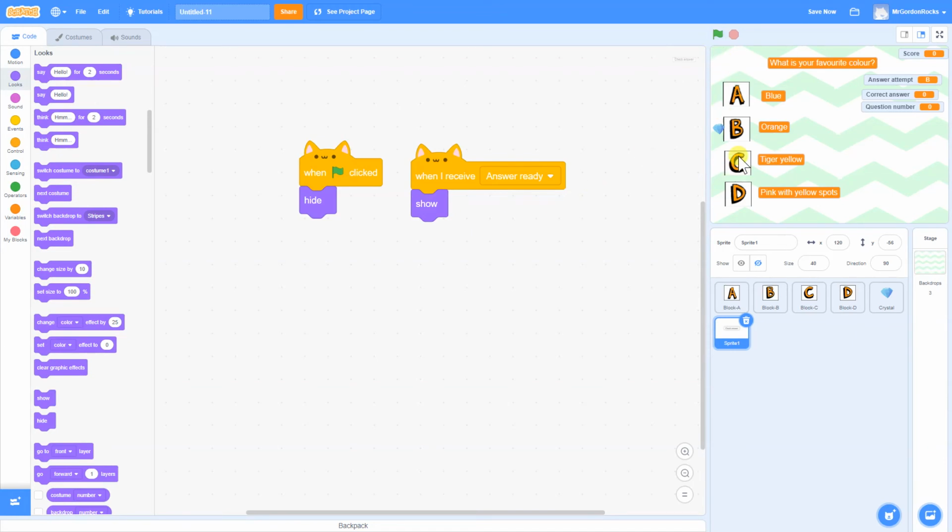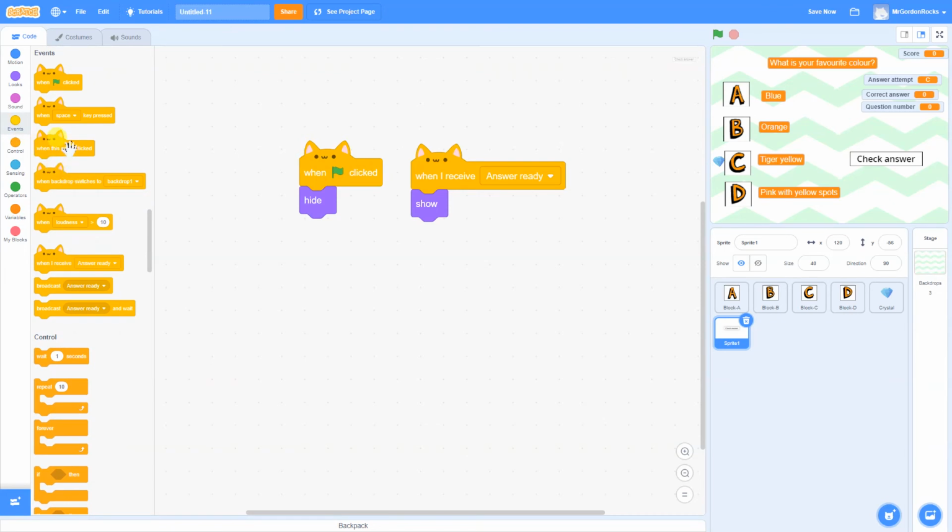So when we click on one of these, it now says check answer, but if we restart the game, it disappears. Okay, and now we want something to happen when we actually click on this. We want to check the answer. So let's do when the sprite is clicked,